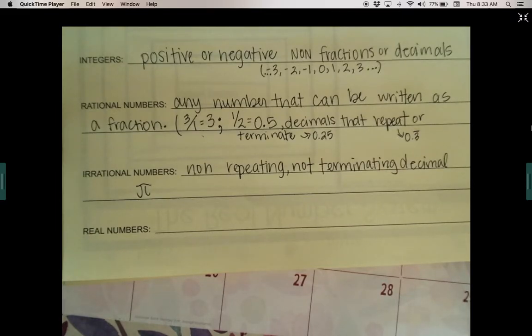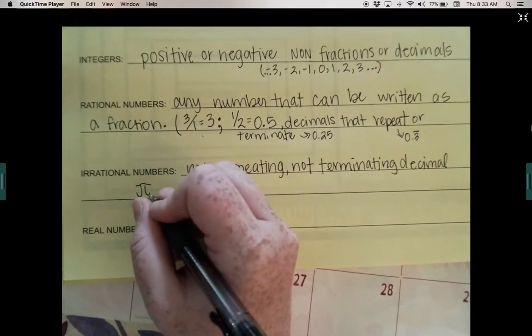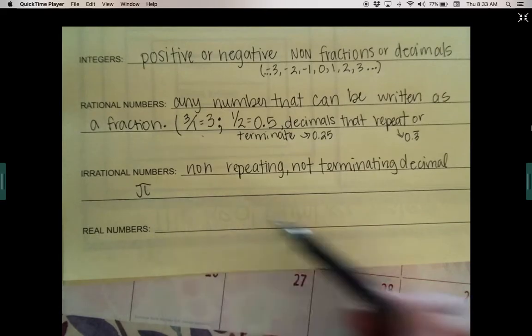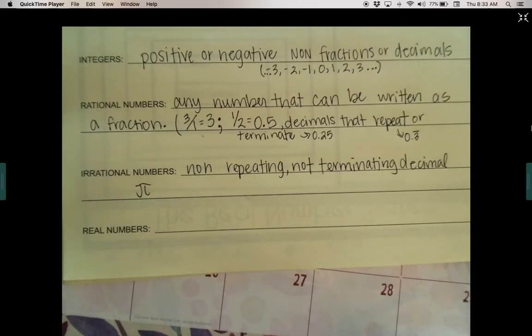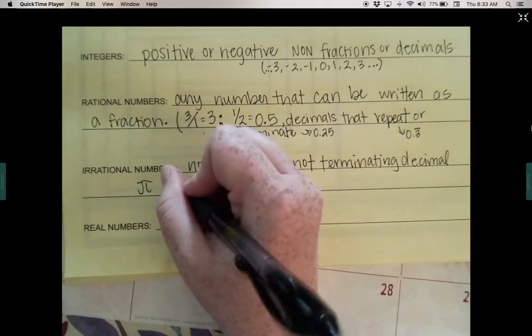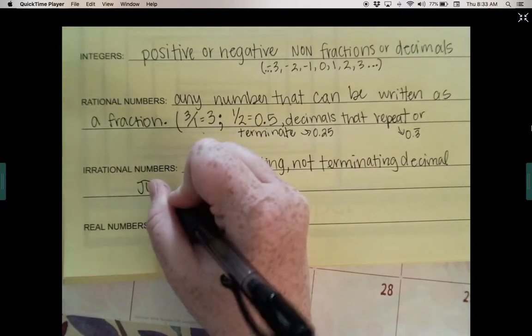There's a lot of examples, but pi is famous because of its relationship to circles. So if I was to write out the digits of pi right now, you would never stop, I would never stop, and you would hate me. Okay? So basically, another example might be